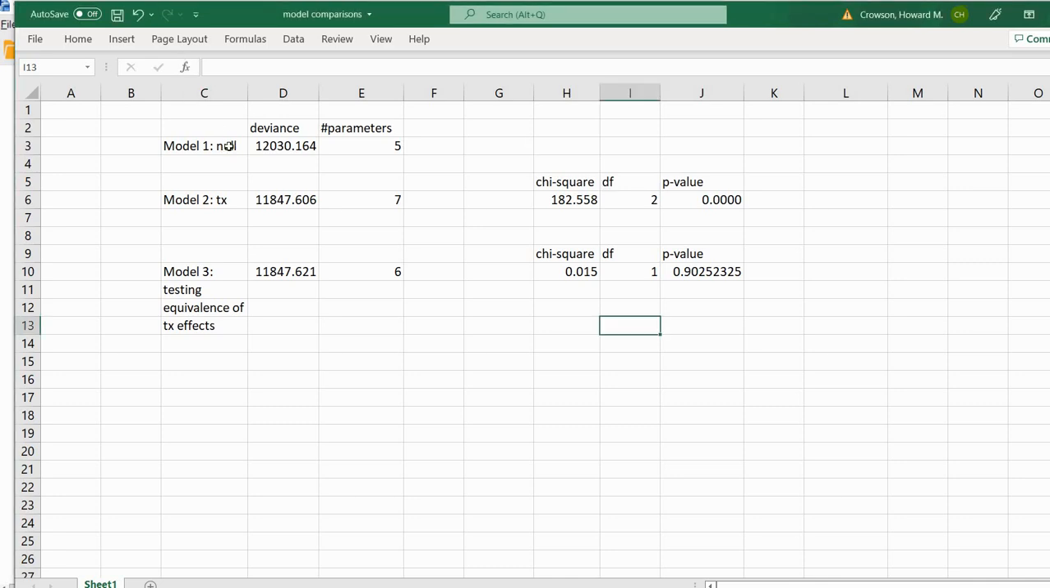So you'll see up here that I've set up the deviance, or the -2 log likelihood, for the null model. For that model, we had 5 parameters that were estimated. For model 2, with the treatment variable added, here's our model deviance. And as you can see, and as one would expect, as we move from a model with no predictors to one that incorporates at least one predictor, we would expect that deviance value to